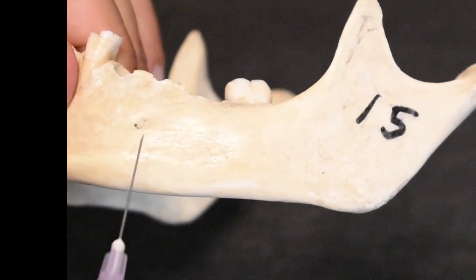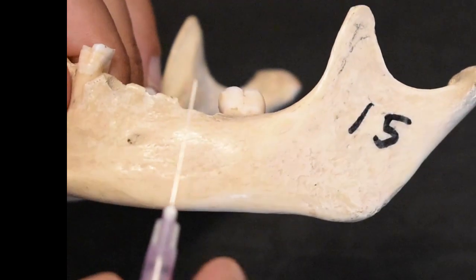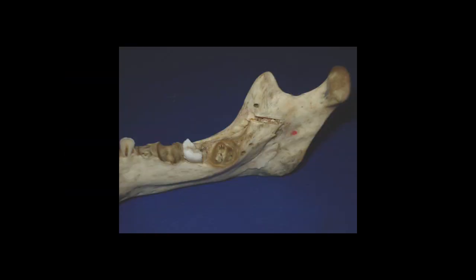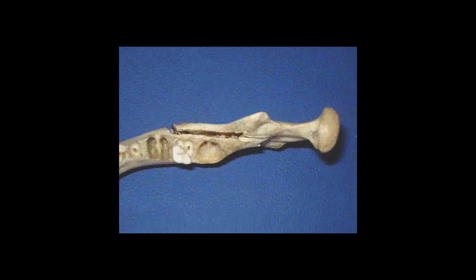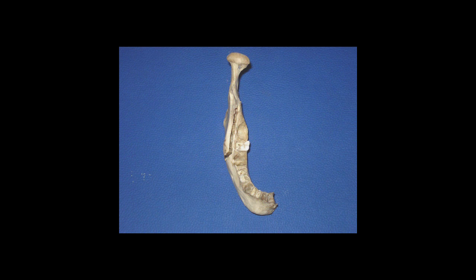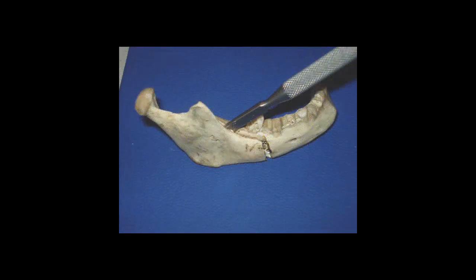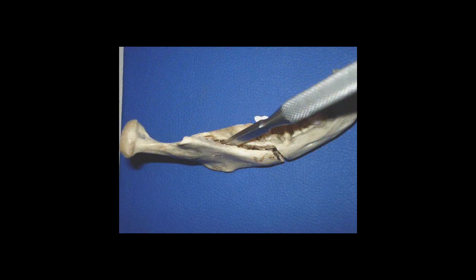And here we look at the medial aspect again. The first cut, which is the medial cut here, is 3 to 5 mm above the lingula. This is the oblique cut, which is continuing from the anterior part of the medial cut and goes down to the lateral cut region. Its anterior margin is up to the second molar region, from where it becomes the vertical cut.